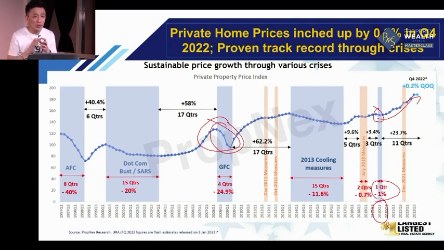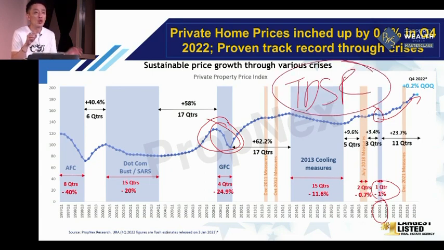But today, with all the cooling measures in place, there are basically no more speculators in the market. Because why? You need to have your income in order to borrow this amount of money. And that's the reason why all the speculators have already been wiped off. So would there be panic selling? No. Why? Because there's something called the TDSR, Total Debt Servicing Ratio, to determine, based on your income, your loan amount. So if you don't have a strong income, you cannot even borrow a loan. But last time was different. You can show the bank $200,000, they can grant you a $1.5 million loan. That is how it works.